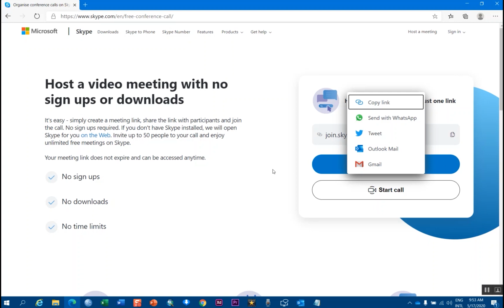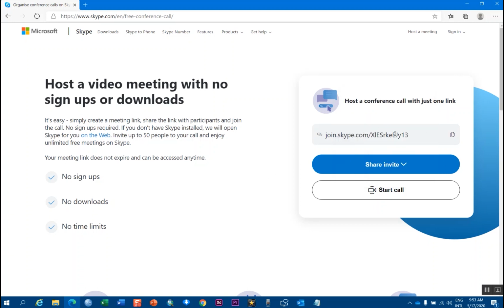Once they receive the link, they will just click on this link. If they have Skype installed on their systems or on their mobiles, they would be able to just use that Skype, and this link will open Skype and will join the meeting, but they will not require any account to sign up or sign in on Skype or things like that.